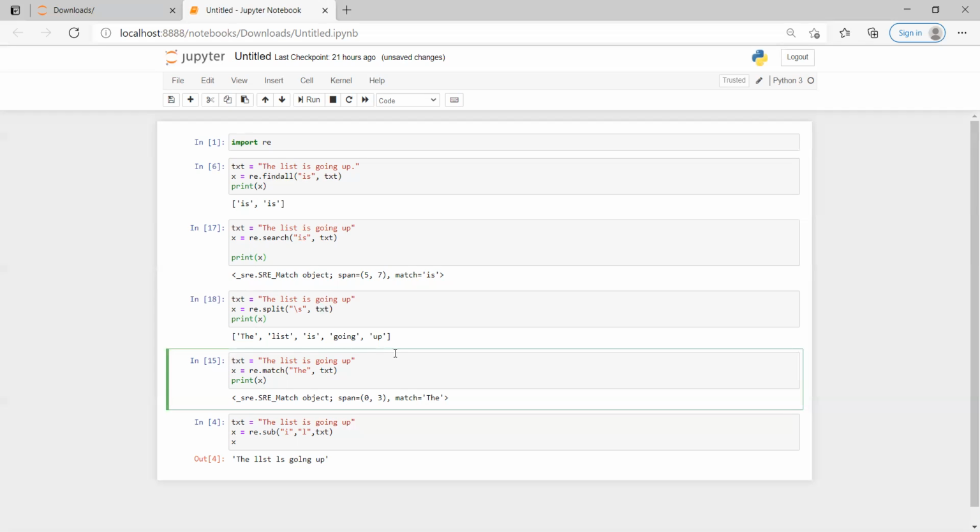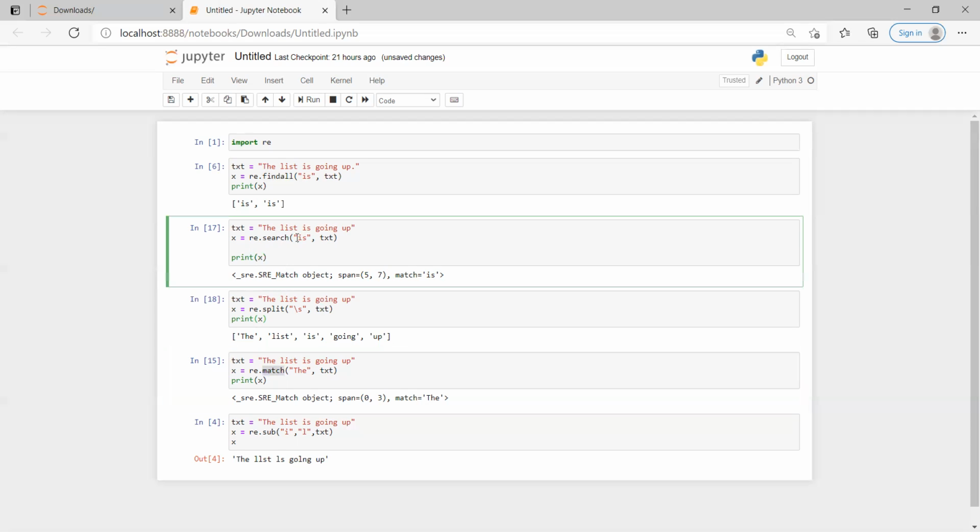There is another functionality, which is match. Suppose I want to know if a particular sequence of letters is happening at the starting of the sentence. Then I go with match. The difference between search and match is that search finds the sequence anywhere within the sentence, but match looks only at the starting of the sentence.